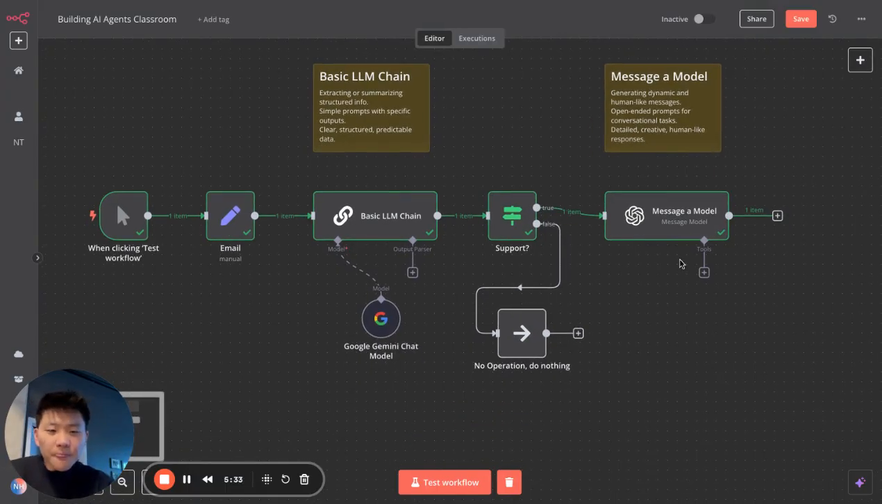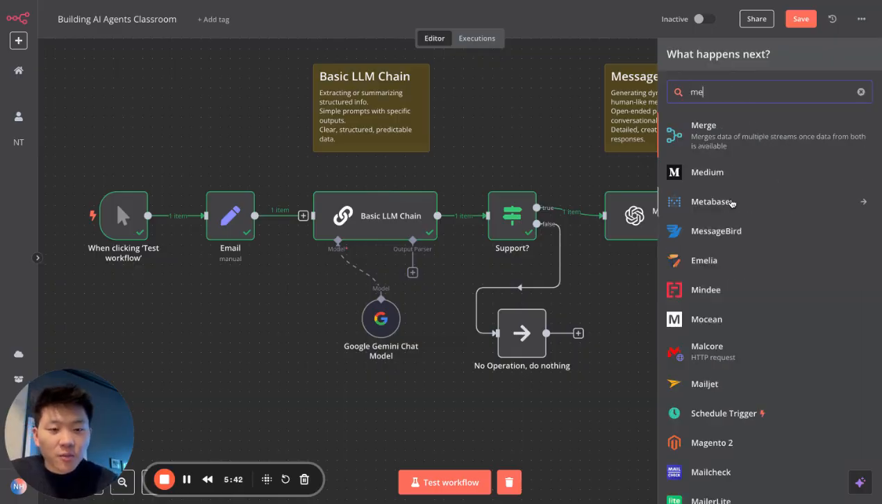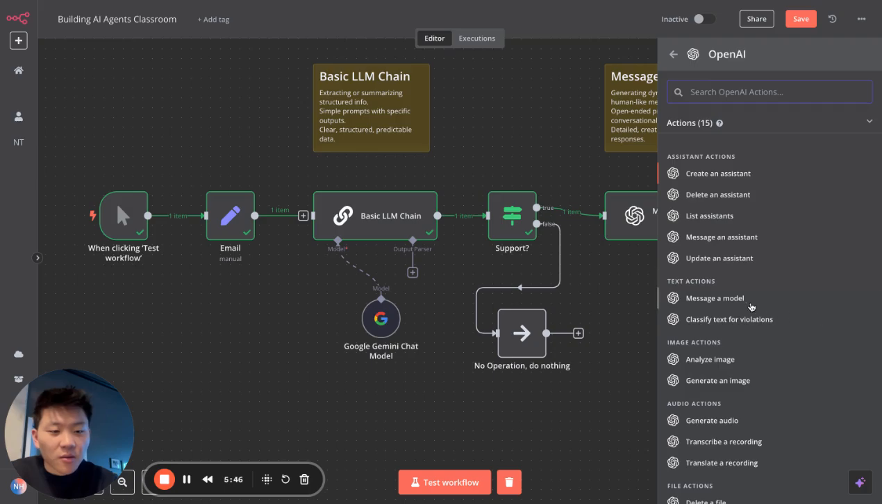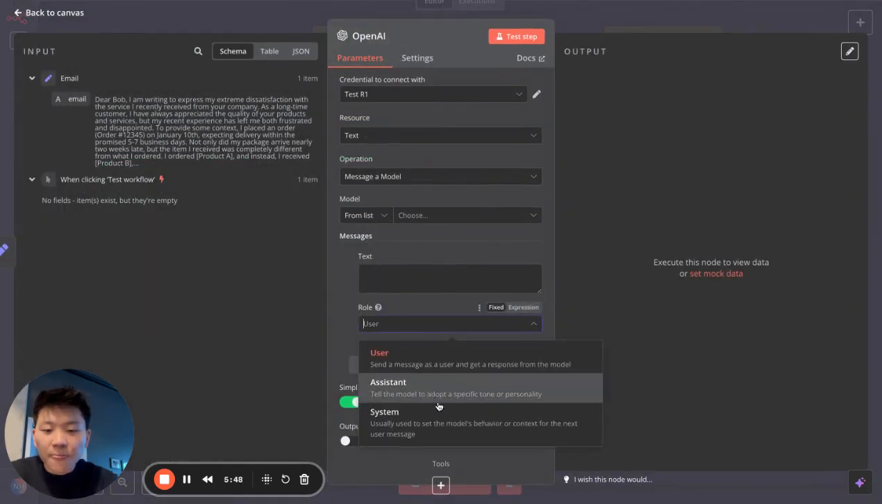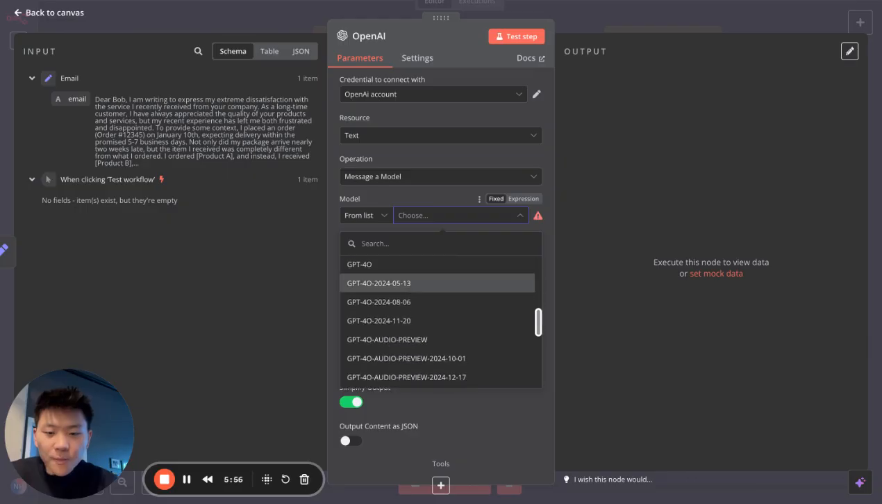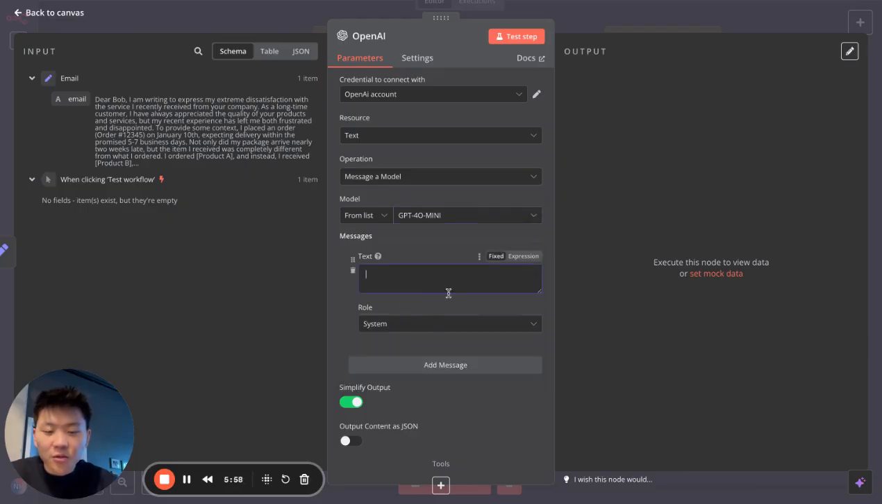So now back to what I was talking about with the whole message model thing, where it can output JSON more easily. Sorry, let's grab another message model node. Okay, so let's set up the system prompt here. Let me grab the right credential here. In this system prompt, we're going to be asking it: your job is to